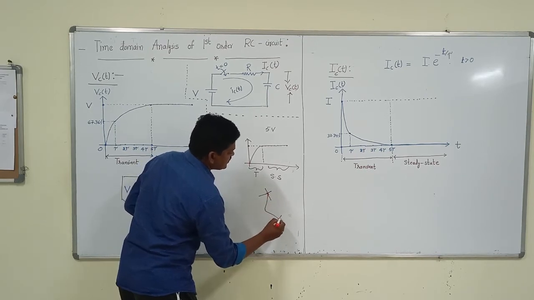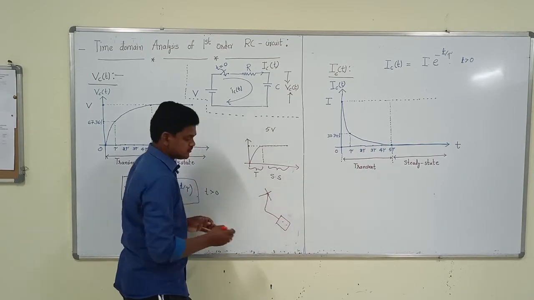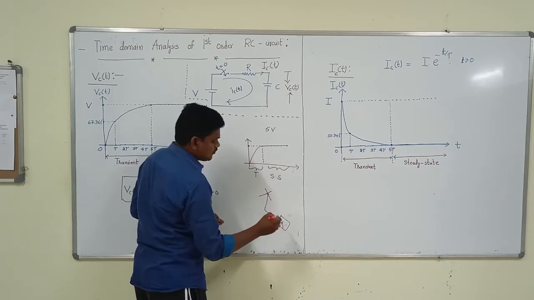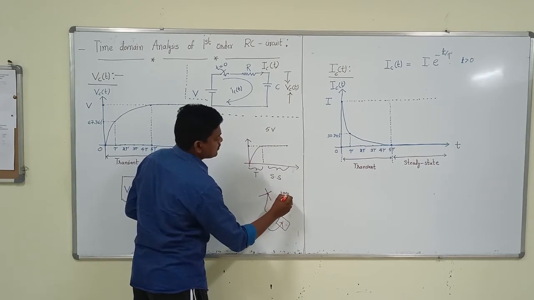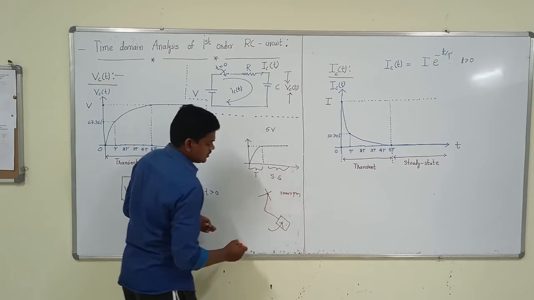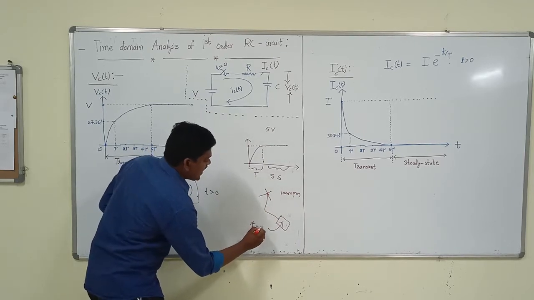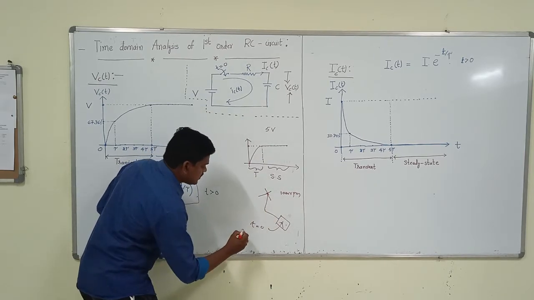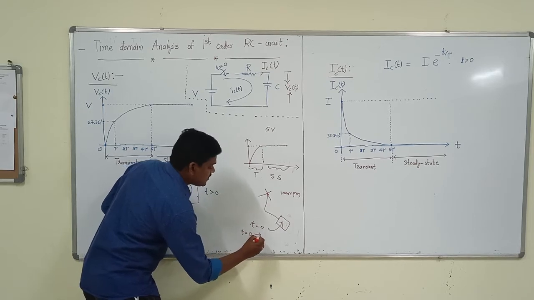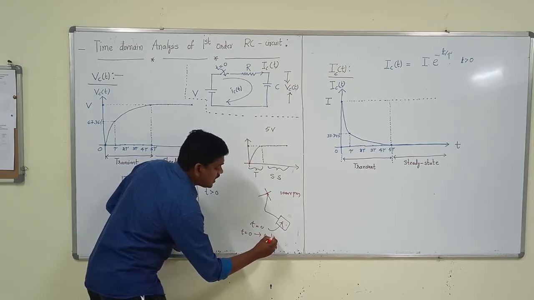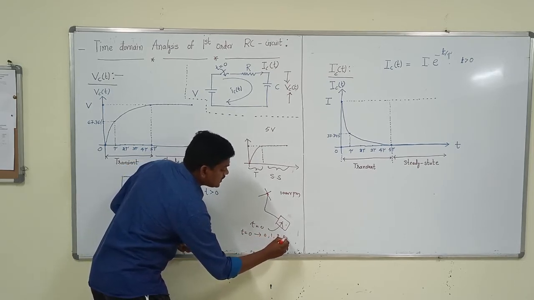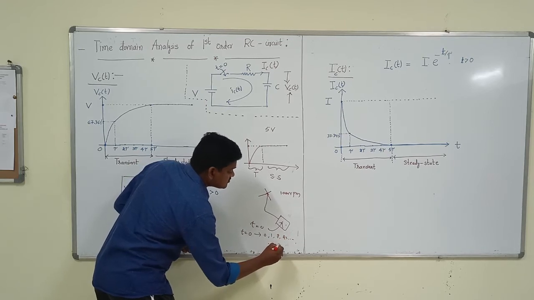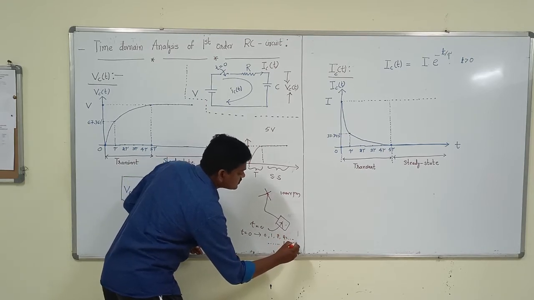A fan is connected to some switch. If you turn on the switch, for example, the fan speed is 1000 rpm. At t equals 0, the fan is switched on, but at t equals 0 the speed will be 0, simply increasing 1, 2, 20, like that. It will take some time, and after that it will reach 1000.